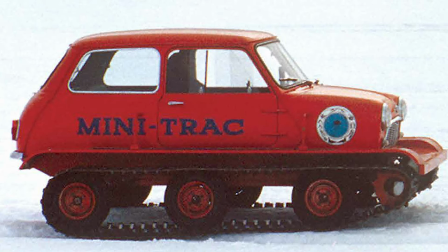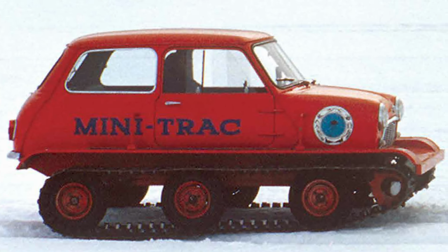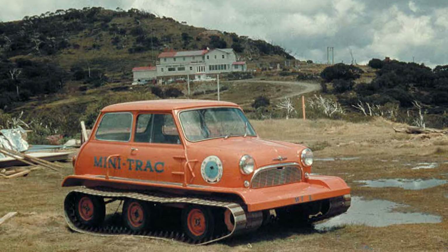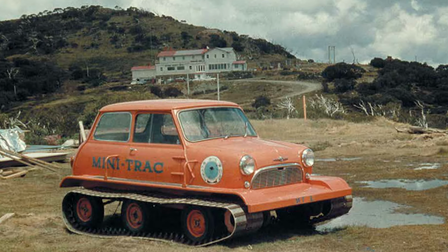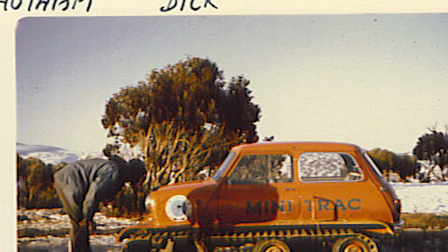One was the Mini Trac sent to Antarctica, and a third was reportedly built and sent to New Zealand. The Antarctic Mini Trac went on to be successfully employed at the Victorian ski fields in 1966. A photo showing it parked at Mount Hotham was taken in January 1966, and the last reported reference to the